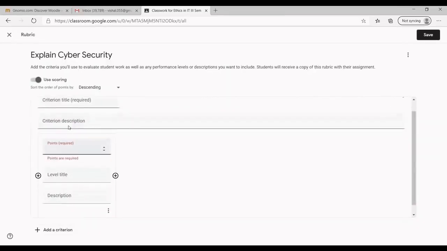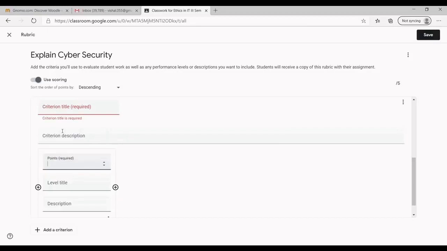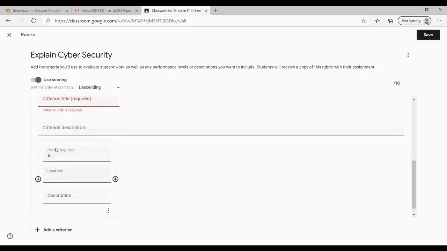I want to give 5 points and I can name it for which level I am giving it. So I am giving it on definition. Once I am done with it, I can add further description, I can add more criteria. I am giving 5 marks for example.